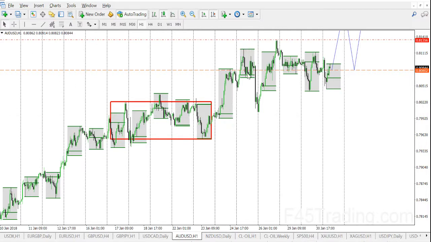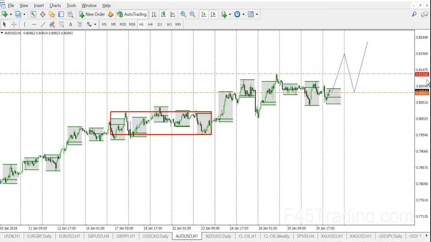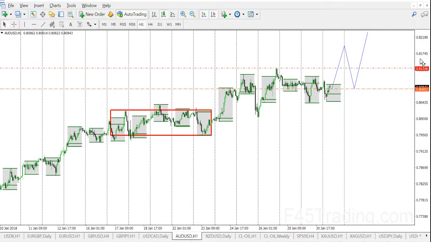1, 2, 3 days later, it came back down to pretty much the middle of the consolidation and then exploded back up again. I'm not saying it happens every single time, and this was a pretty muted expansion, but we could see that exact thing happen here. So I'm going to leave that on the chart. I just want to see, for curiosity's sake, if it's going to happen again, because I have seen it a lot,